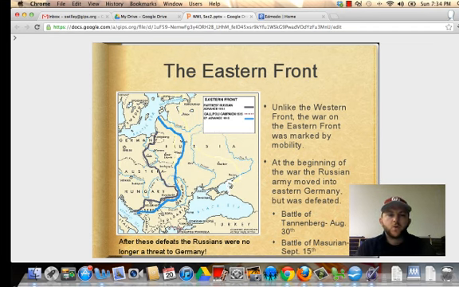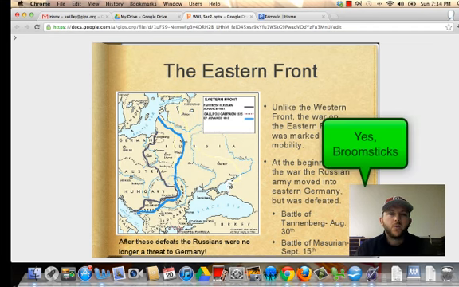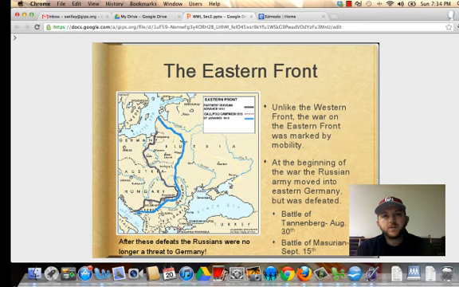So on the borders of Russia and Germany, it's going to be mobile. However, the Russians are not going to be very well prepared, and the Tsar there is going to take more control than he should have. He's actually going to send soldiers to the front line with broomsticks, and he'll tell his soldiers basically, when you get to the front lines, and if you see one of your comrades down, go ahead and take their gun. So they weren't very prepared, and they are going to be defeated by Germany